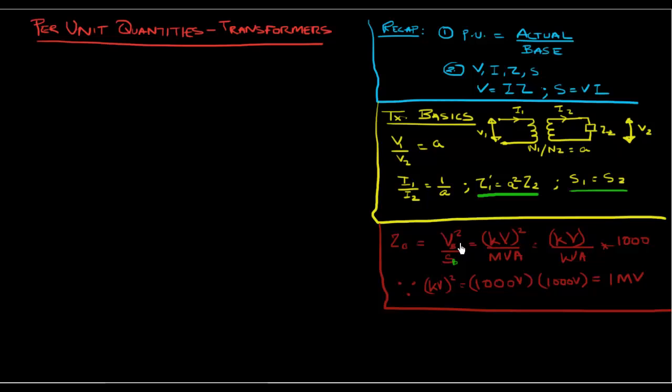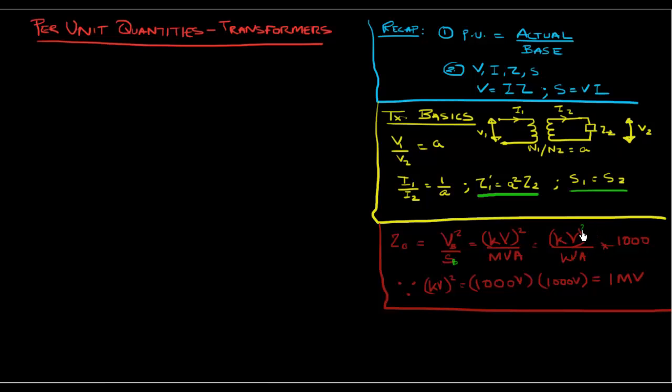What units is voltage defined in? What units is power defined in? Mostly you're given voltages in, let's say, kilovolts, and power in either kVA or MVA. So that is just basically kV square over MVA,